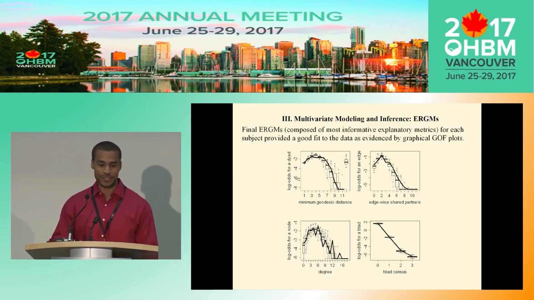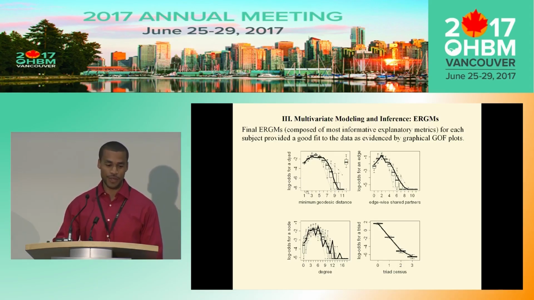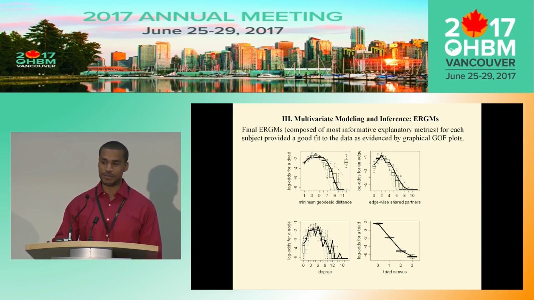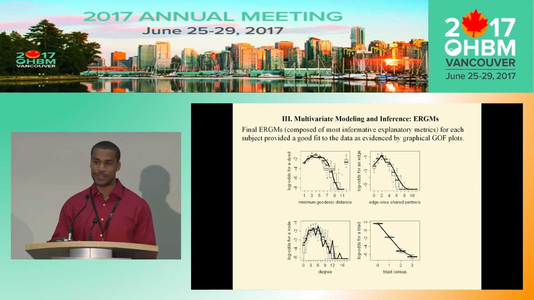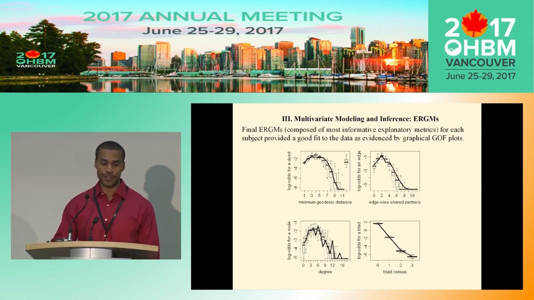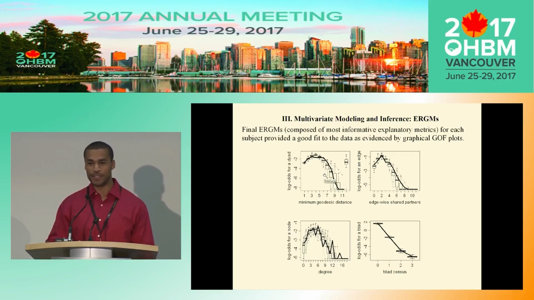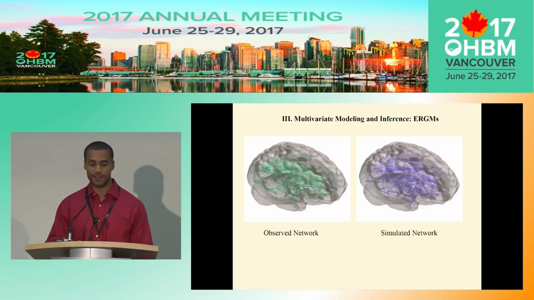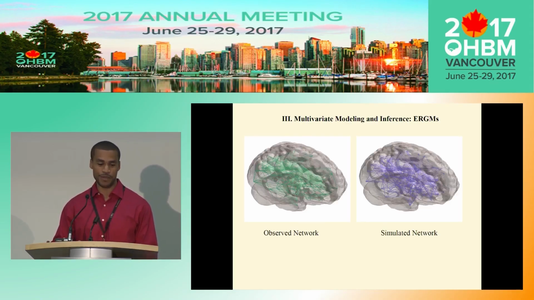And basically the y-axis more or less gives the probability of seeing a pair of nodes or a dyad with that given network value. And the solid line represents the distribution for the observed network, and the box plots represent the distributions for the simulated networks. And so we can see that our observed network looks very representative of the simulated networks. And so we can conclude that these models are providing a good fit to our brain network data. So here's just an example of that observed network and one of the simulated networks from the fit.